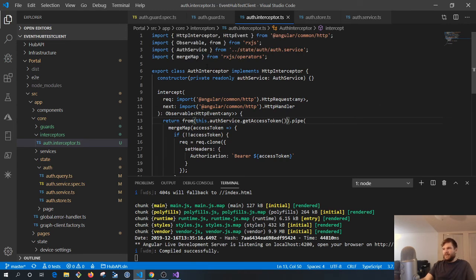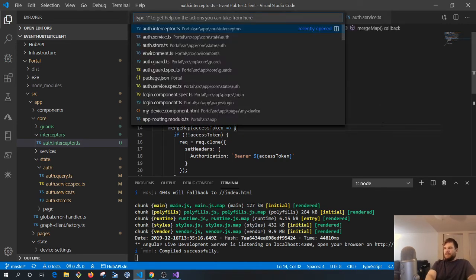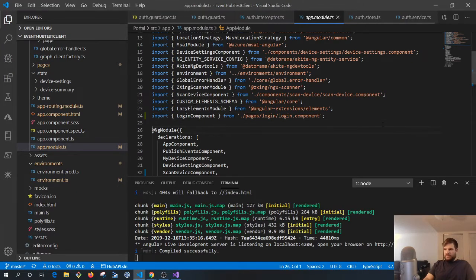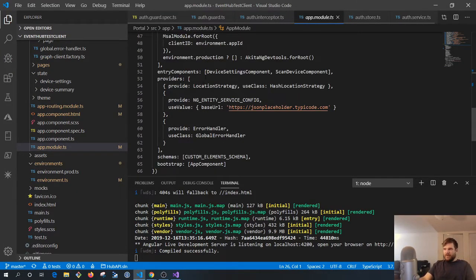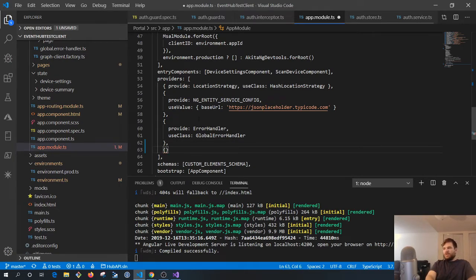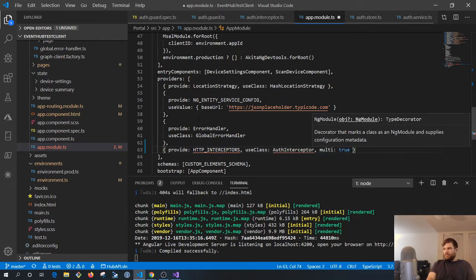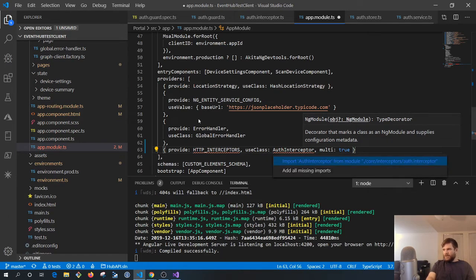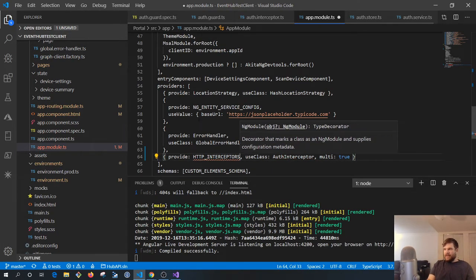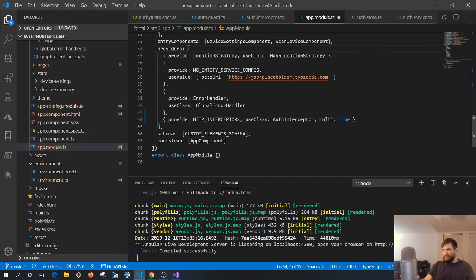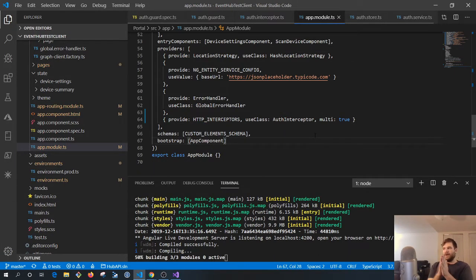Okay, so then this interceptor, auth interceptor. So we're going to do this in the providers. It could be core as well. No, this works perfect. Use class that guy, multi true. So let's go ahead and import that guy. Okay, so now